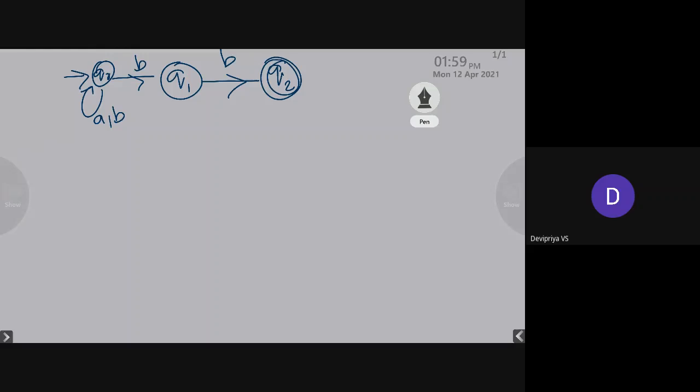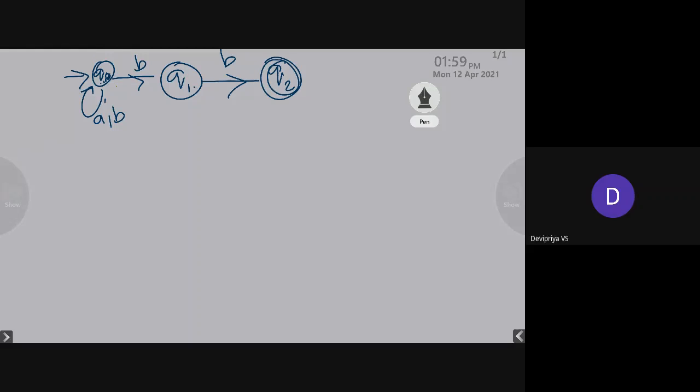So for conversion of NFA, this is an NFA. How do we identify that this is an NFA? From the state Q0, on receiving input symbol A, it remains in the state Q0. And from the state Q0, on receiving the input symbol B, it remains in the state Q0, and also it has a transition to the state Q1. So for the same input symbol B, it moves to the states Q1 and Q0. So this is an NFA. But in case of DFA, we know that on receiving an input symbol, it should move to only one other state on the same input symbol.